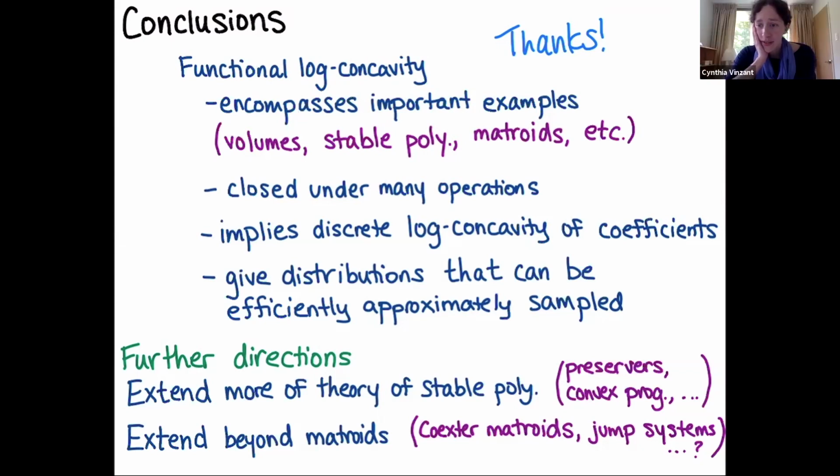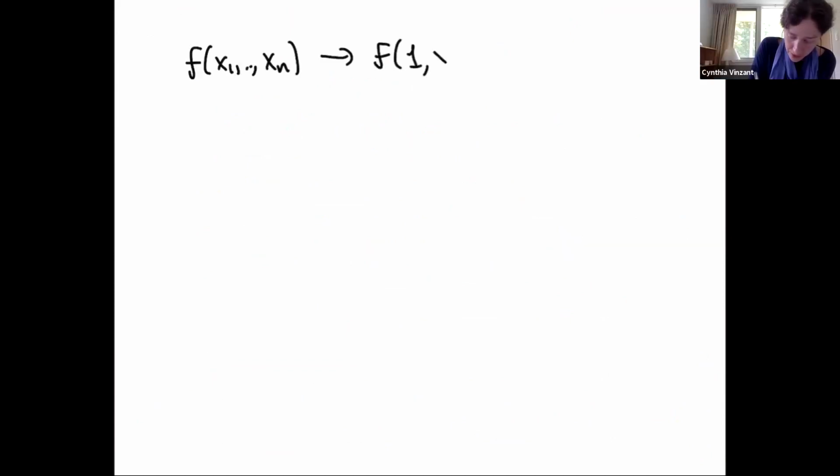Yeah, we are. I wanted to ask about a specific action. What happens if you start with a stable polynomial, or say a specific family of stable polynomials, under the action of just putting one in one of the variables? It resembles taking a derivative, but it doesn't kill everything. Yeah, and so this is what you're talking about, right? Yeah, exactly. That's so that if f is stable, then this will be stable also, and because you're really